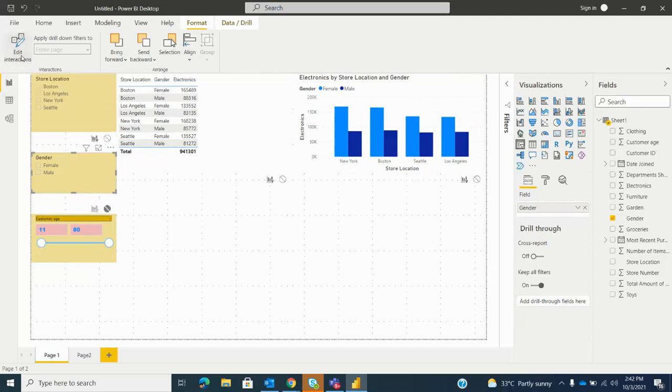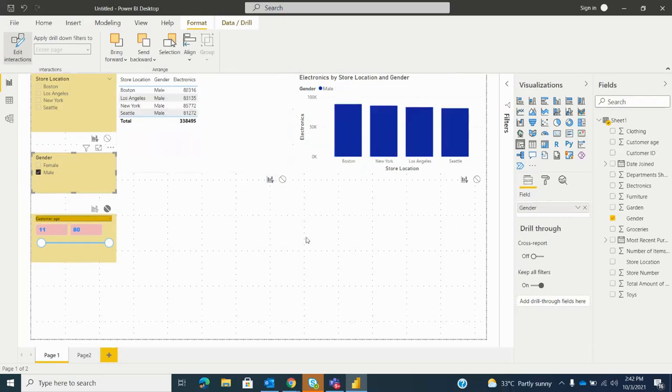Now when you click on edit interactions, you can see two things for each visual. Because this is selected by default, your visual is getting filtered. Is everyone getting my point? Because this is selected, if I select this one, it changes, because in all the visuals this is selected,